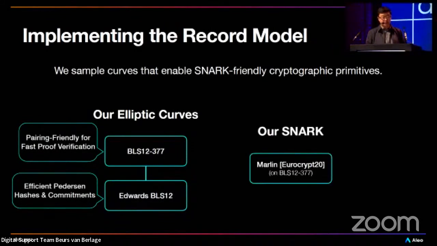Now, finally, we instantiate our SNARK. And we chose the Marlin proof system, which was published at Eurocrypt 2020. Marlin is great because it requires only a single trusted setup for all programs. From a developer experience perspective, it's much simpler to use a proof system like this because it's easy to then use a single global parameter, sample your proving key and verifying key, and deploy this application to the network for everyone to use with the same assumptions.